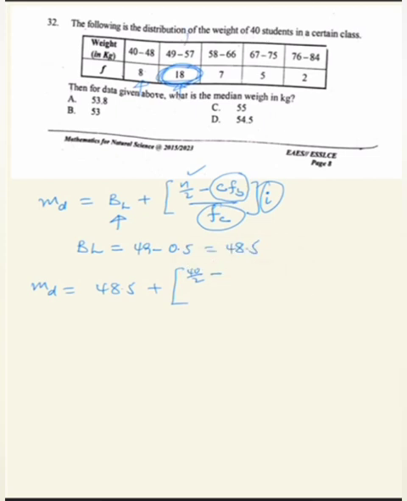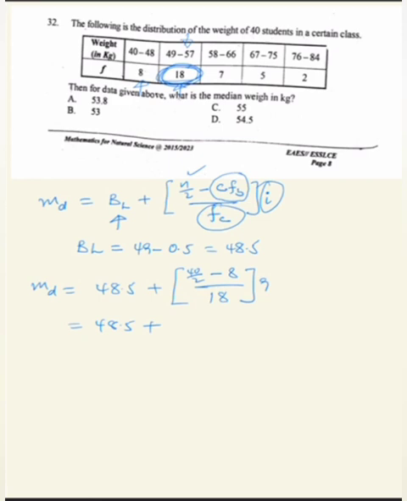Median classአችን ይሄ second class ነው። So cumulative frequency before the median class ማለት 8 ማለት ነው over frequency of the class which is 18 times class intervalአችን ከ40 እስከ 48 ማለት 40 ጨምሮ 9 ነው የሚሆነው።